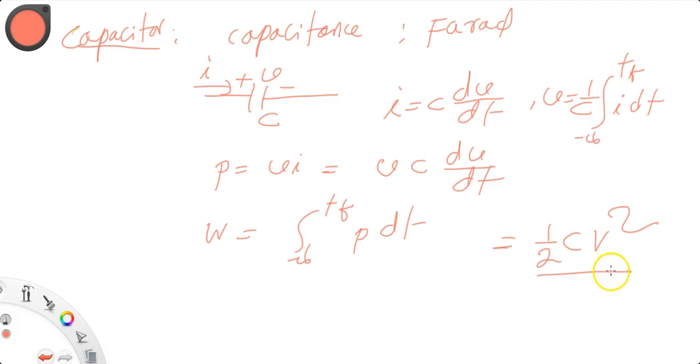V is the final value of the capacitor voltage at time TF, the final time. This is called the final value of the capacitor, how much the capacitor has been charged at time TF, and you will get this energy, half C V square. Next, inductor,